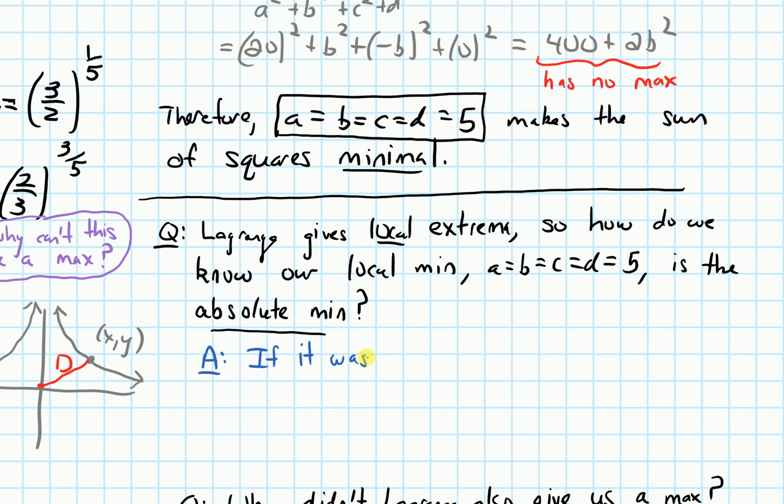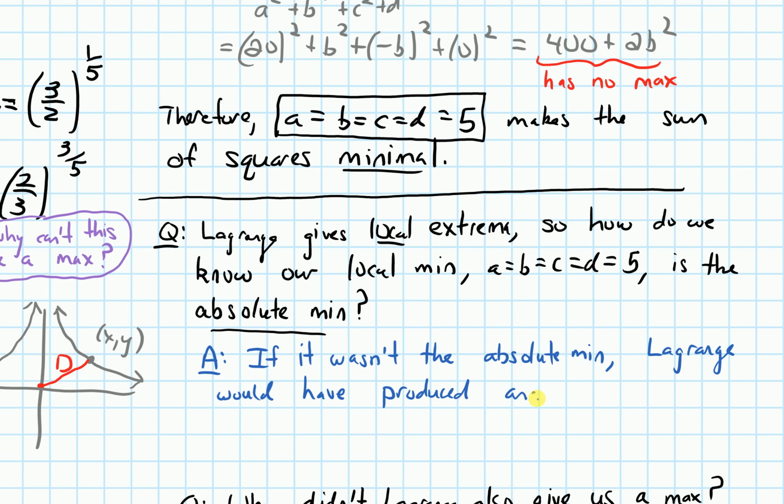If it wasn't the absolute min, Lagrange would have produced another solution, and the reason for that is, if I were to just draw the graph of